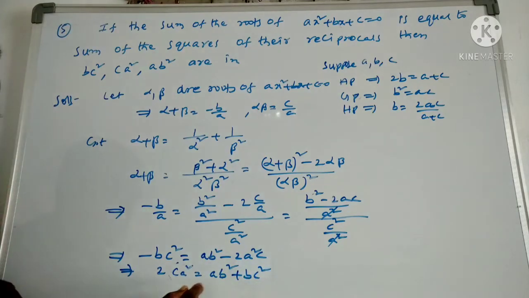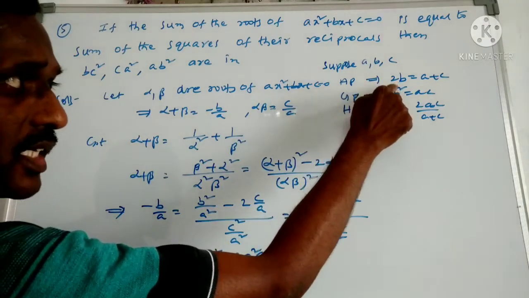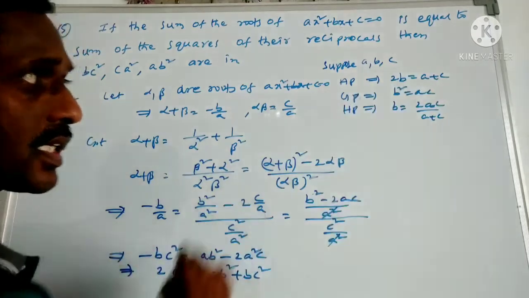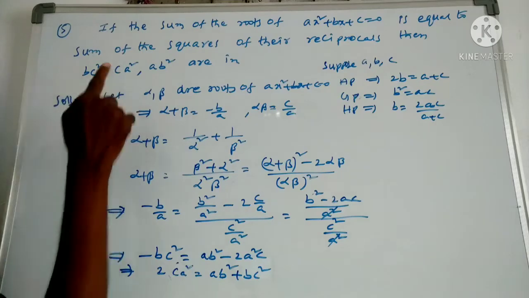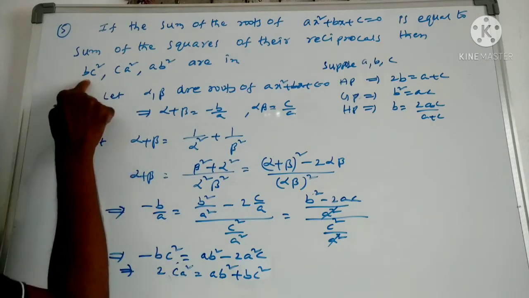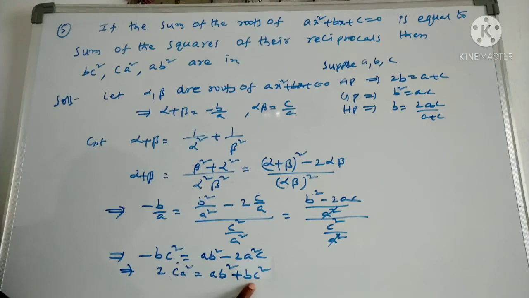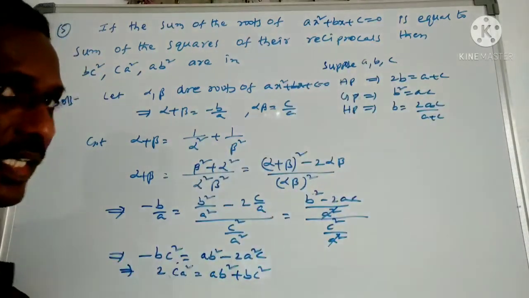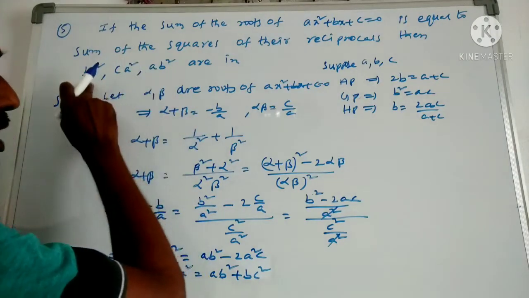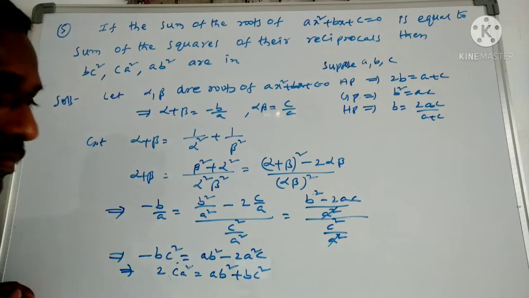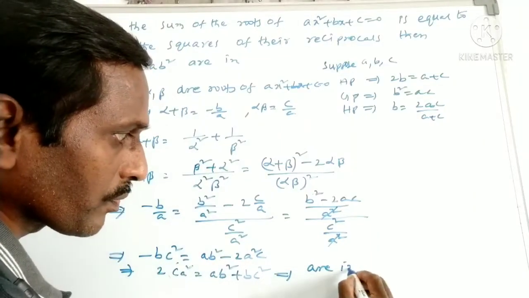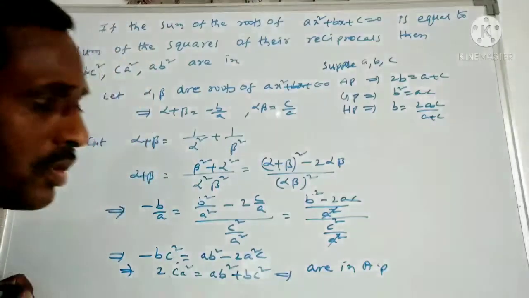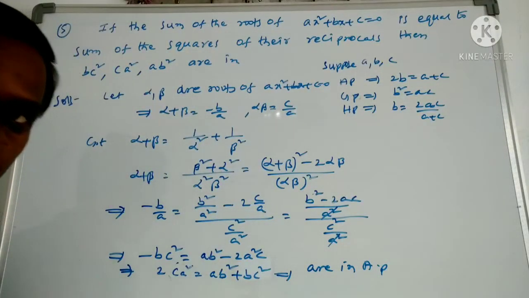Now check whether these are in arithmetic progression or not. Arithmetic progression, what is the condition? 2 times b equals a plus c is the condition. So it is a, it is b, it is c. Is 2 times this value there? Yes. Is a plus c the remaining value there? Yes. So it is satisfying the first property. So we can say the required answer is arithmetic progression. This implies that they are in arithmetic progression. Now see the options and write the answer for that.